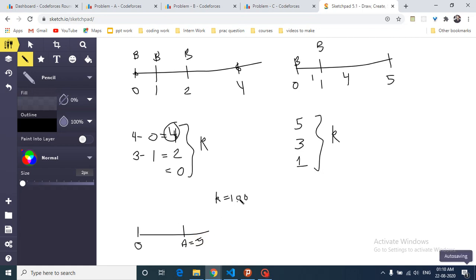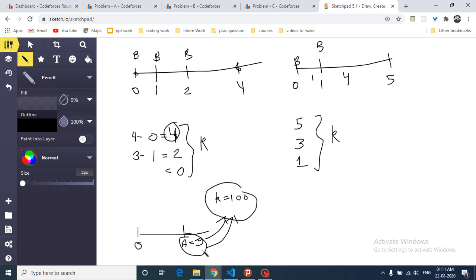Now you cannot get a K of 100, because the maximum K you can get when A is at the extreme point is equal to this difference. So for getting a K, this A should be at least equal to 100. I hope you understand, because when A becomes 100, only then can the difference between these distances become maximum, equal to 100. If K is equal to 4, the differences can be less than 4. It can be like 4, 2, 0, but it cannot be more than K. So first you have to make your A at least equal to K. A should be greater than or equal to K.